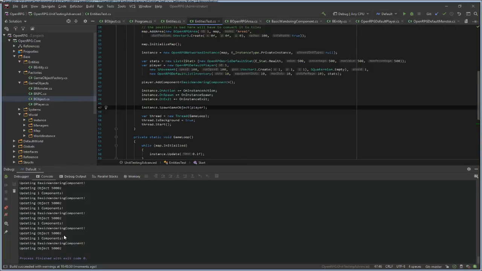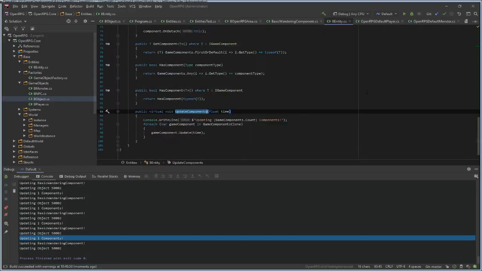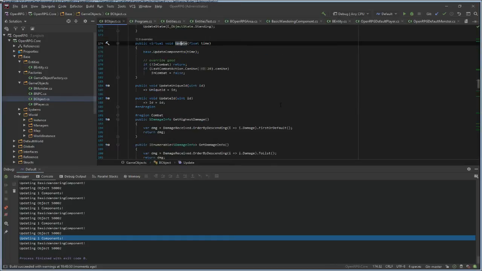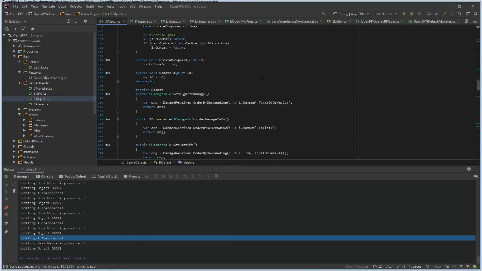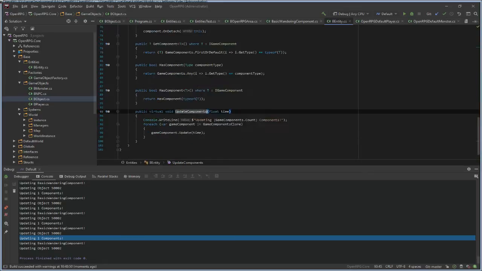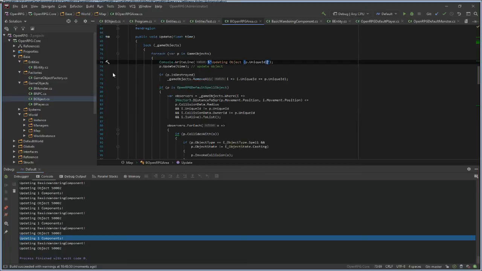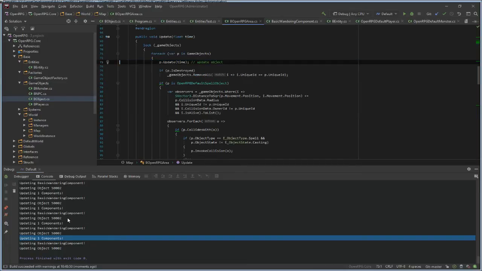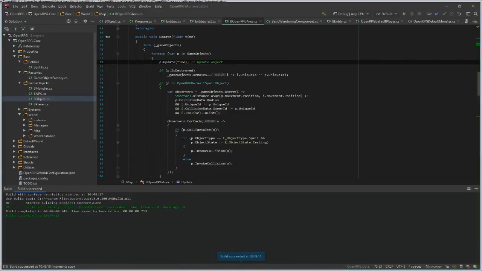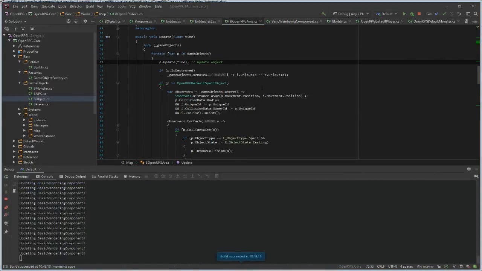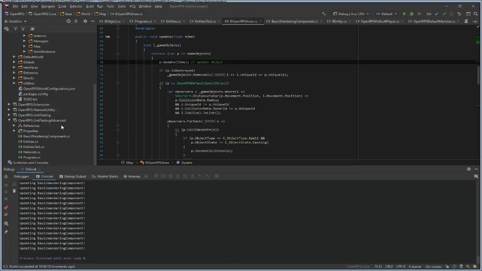Updating components and object, entities remove, and remove this. It's consuming a lot of CPU. Why is that? Maybe because I have a while loop running.